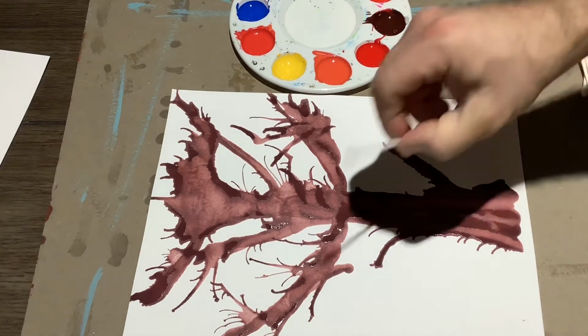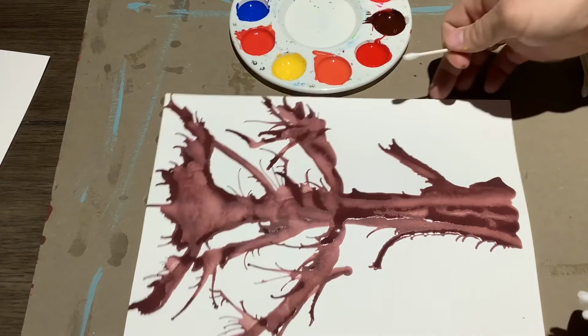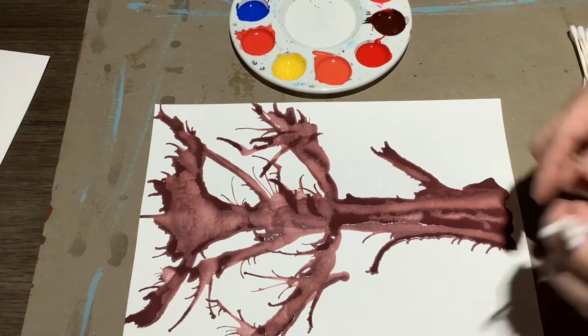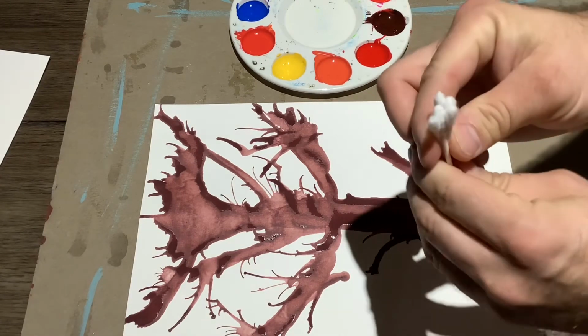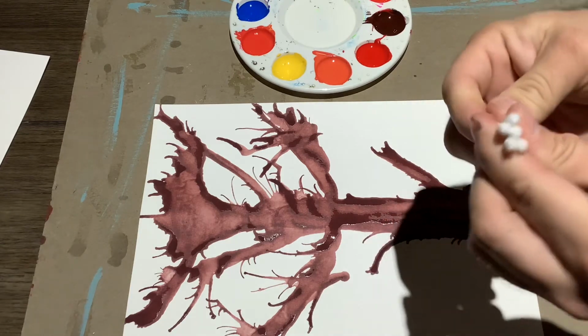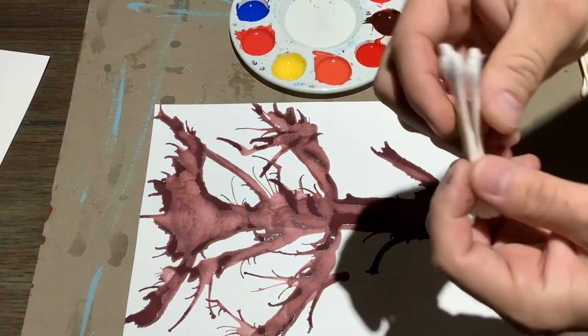So we're going to use Q-tips for the leaves. And it's kind of like stippling almost, like a dotted effect. I actually like to group my colors, not to make them individual, but to make them more, I don't know, it could be different types of leaves, shapes. But if you see that pattern here, let's see, if I group these together,